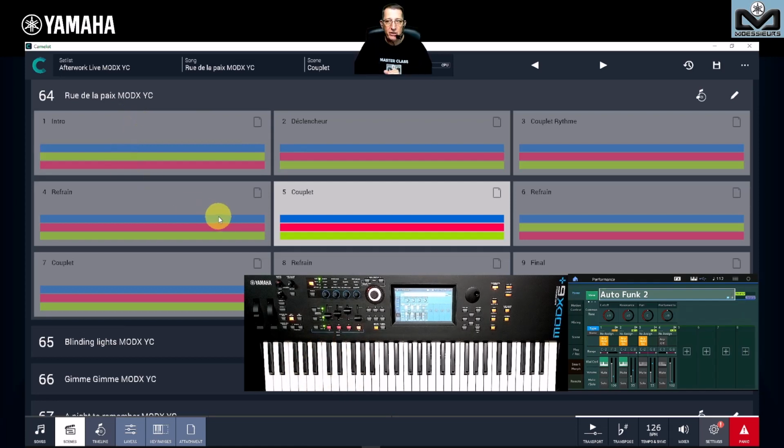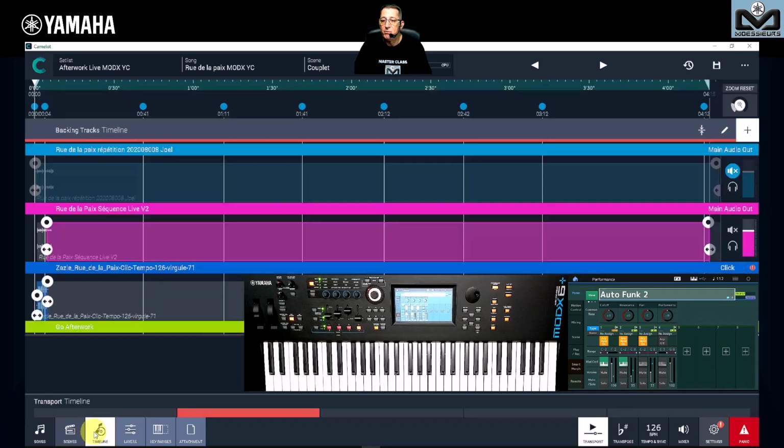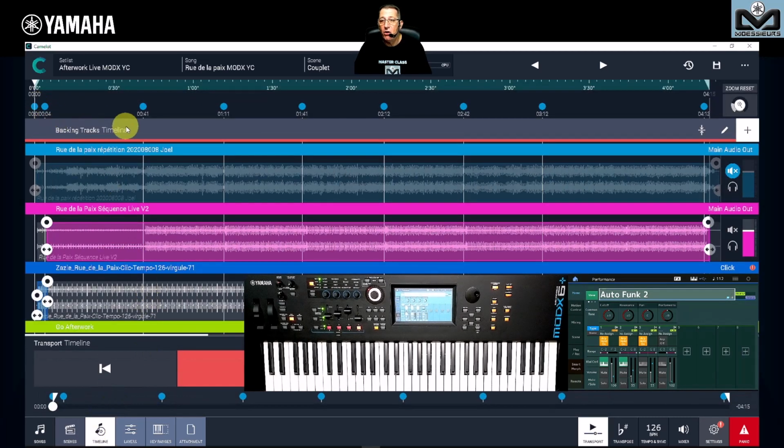So you can do it with the backing tracks with only one foot pedal. So if you have already an iPad or if you have a laptop that you want to use on stage, really think about Camelot, because with a simple foot switch that you can connect on Modx, you can change the Camelot scene memory, and the Camelot scene memory will change the Modx Plus scene and the order of what you want. And if you using backing tracks to play with them, you can set automatic change for your scene.